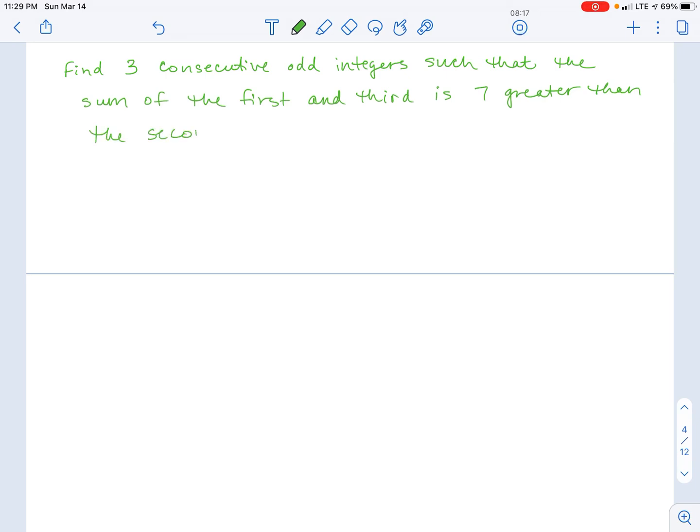The second, 7 greater than the second decreased by 18. Okay, so this is a little bit